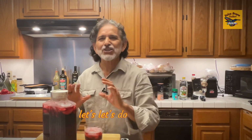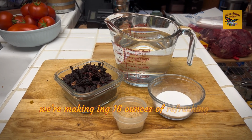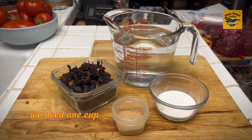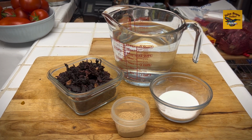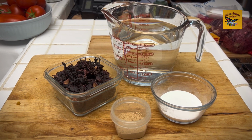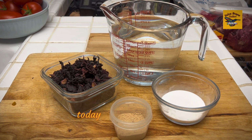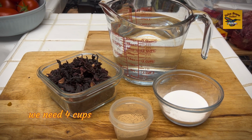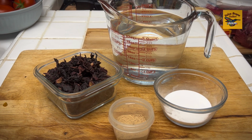Let's do this. Today we're making 16 ounces of refreshing agua de Jamaica. We need 1 cup of dry Jamaica flower leaves, 1/4 of a cup of sugar or Stevia, or any of your flavoring sweeteners. Today I'm using Stevia. We need 4 cups of water first to boil the leaves,